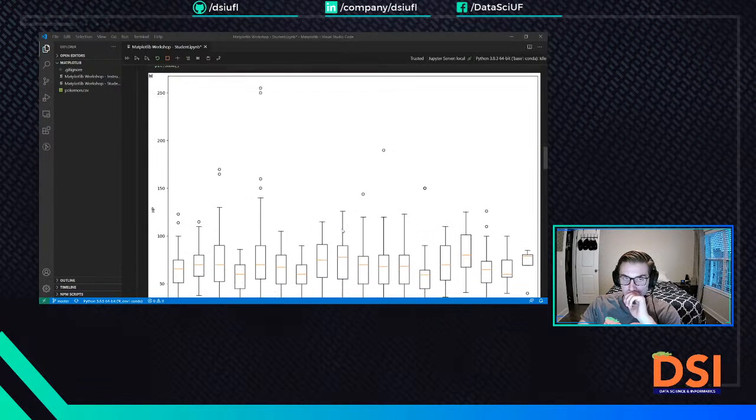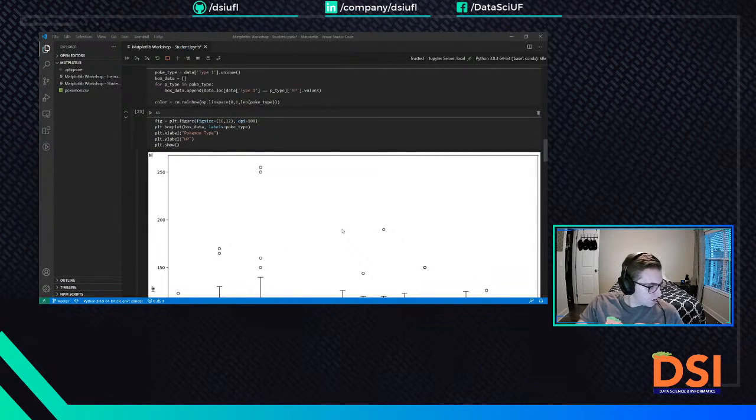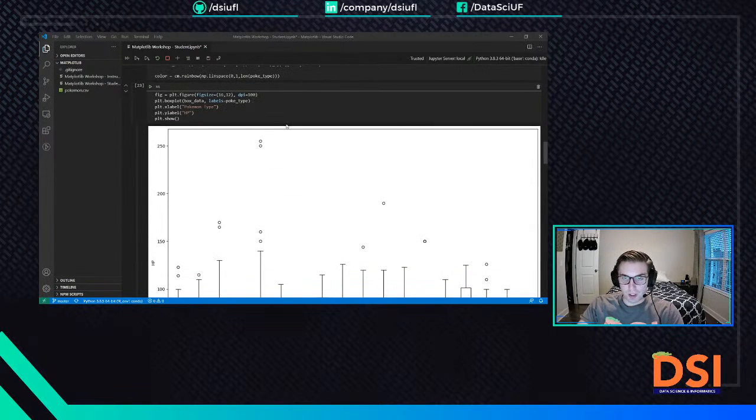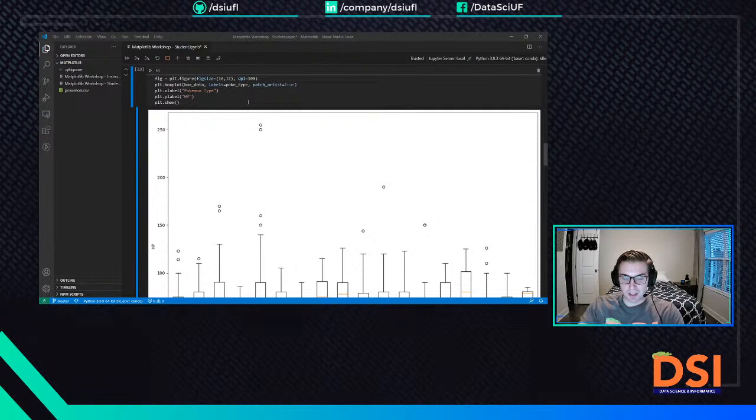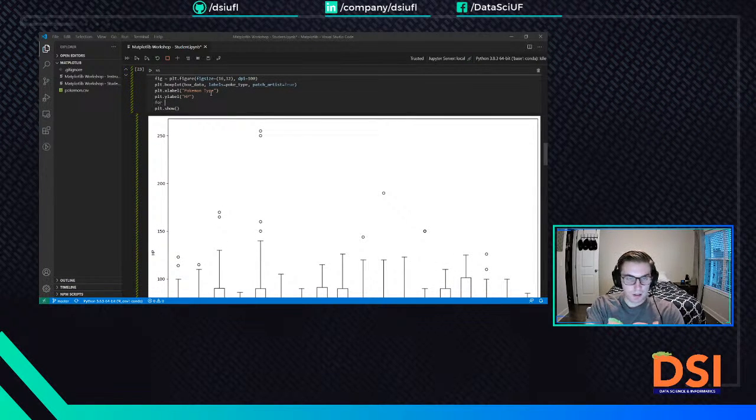Another thing we can do, so now let's add some color, right? The first thing we have to do is set this variable in our box plot called patch_artist. So patch underscore artist equals true. And that basically allows us to add color. And then what you do is you say for patch,